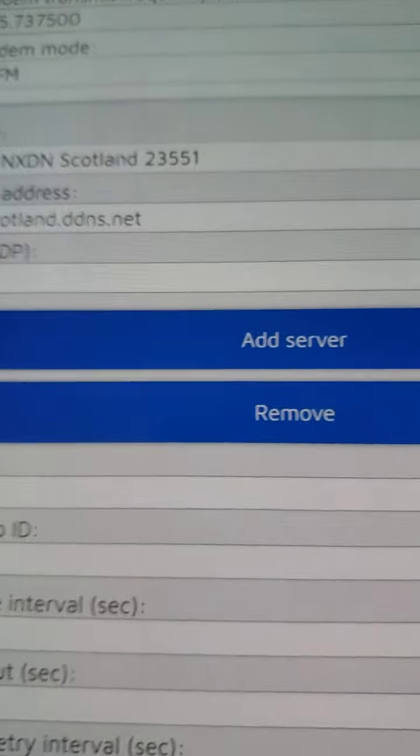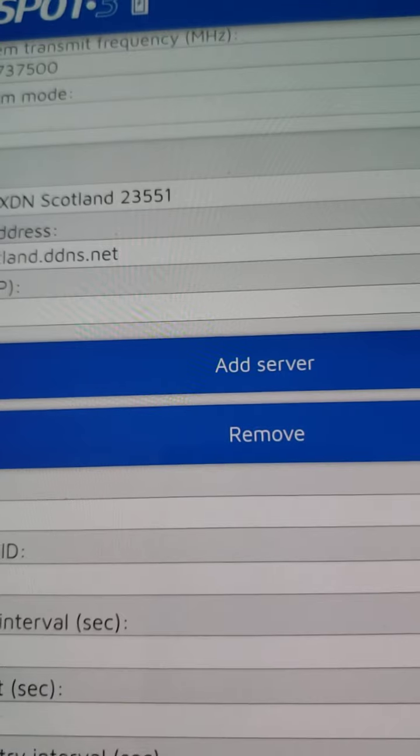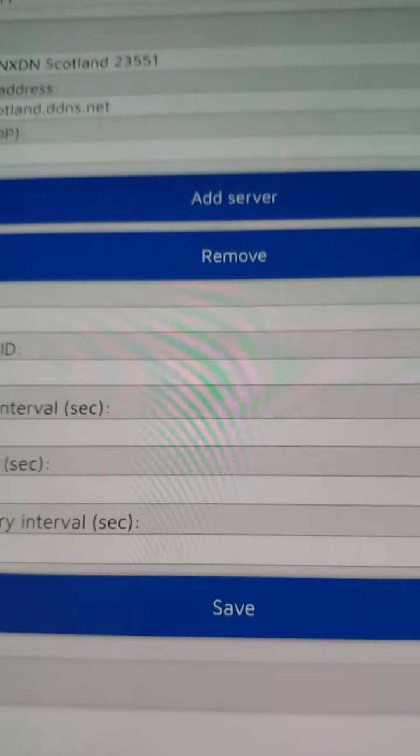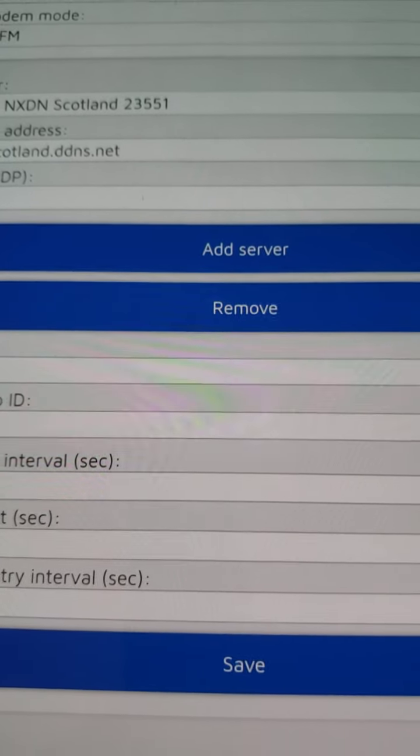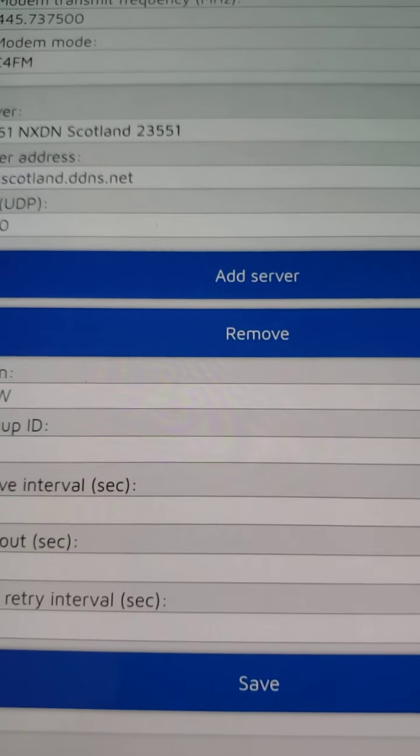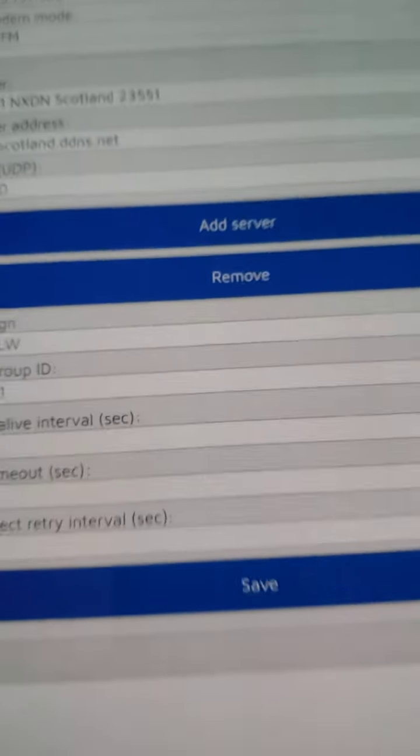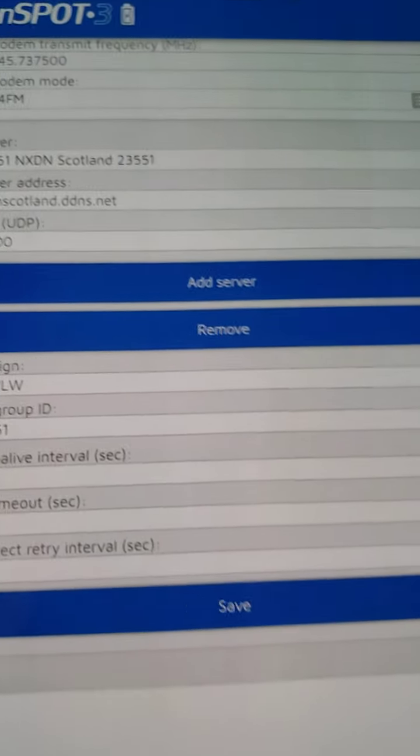23551. Okay, so there it has connected to it again. And now the brown warning is gone. When the brown warning pops up, if you try and transmit, no one will hear you on the NXDN reflector. So you have to tap that. A little quirk